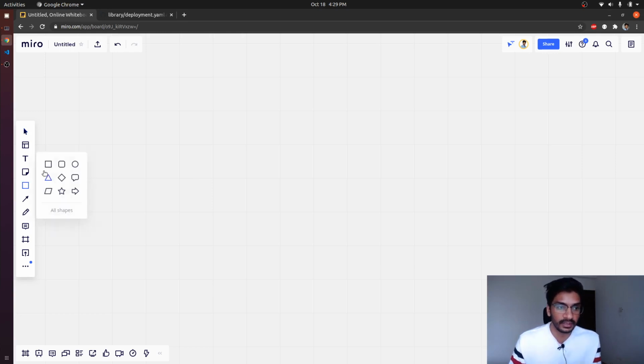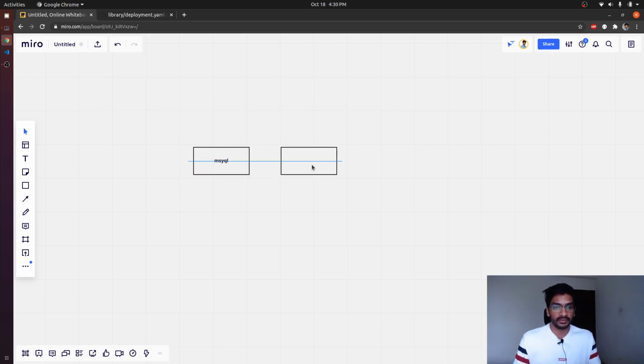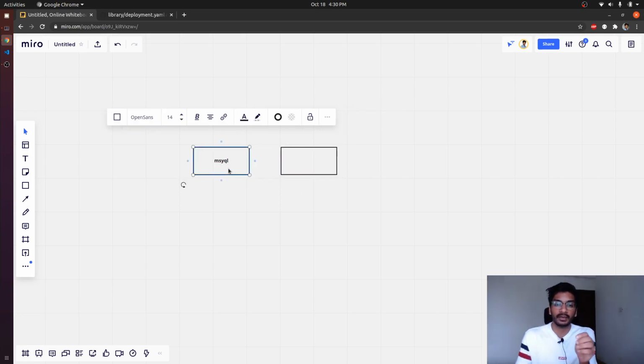So let's take a very simple example, an example of MySQL. So let's say this is the MySQL instance, and this MySQL instance needs a storage. If we talk about a MySQL database, we actually just refer to it as a volume, or as a storage. But eventually it is the MySQL application, the code base, and the actual storage. So let's say we have these two things, MySQL and storage. If you have to run a single instance, or single replica, of MySQL,